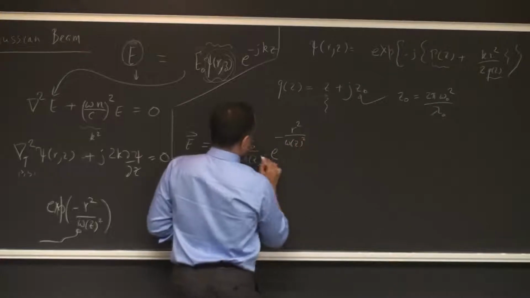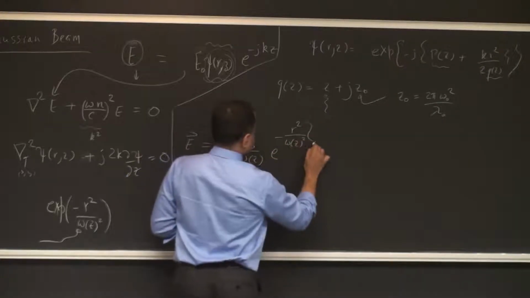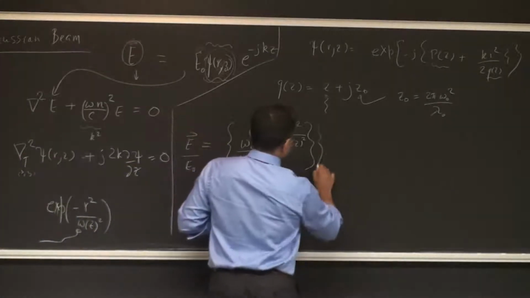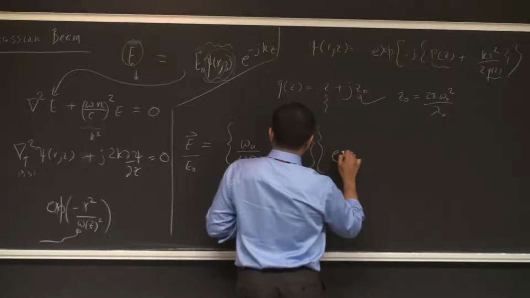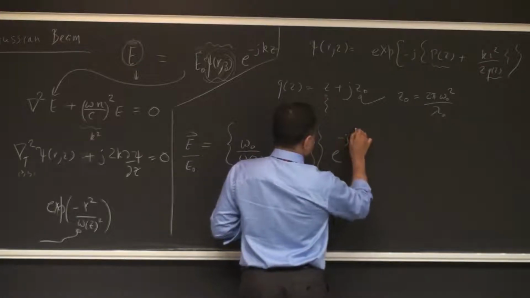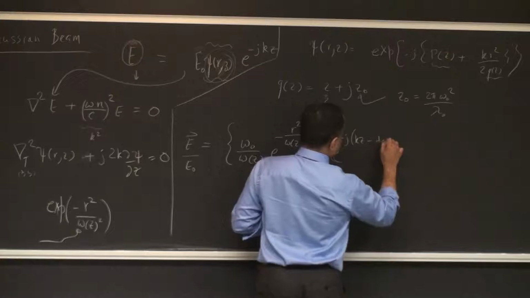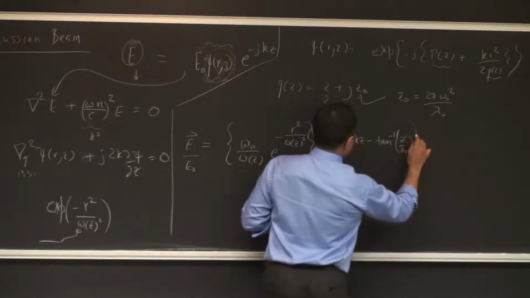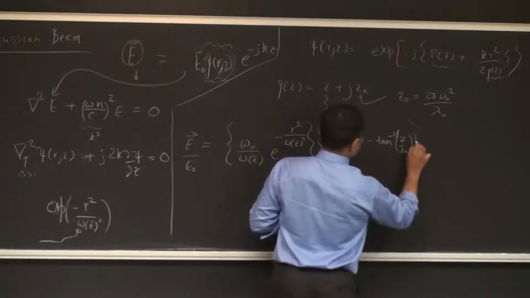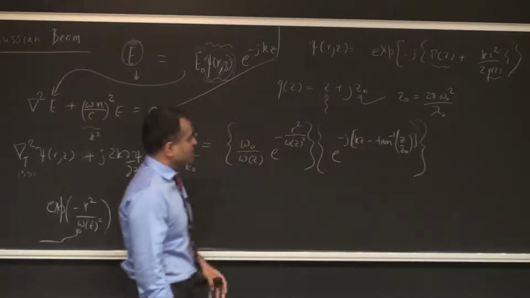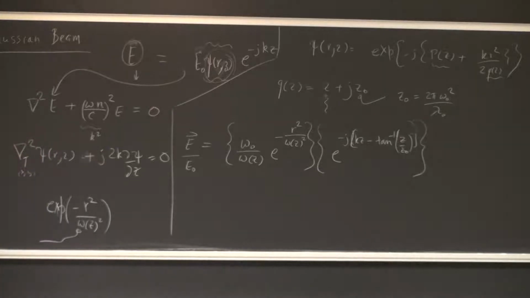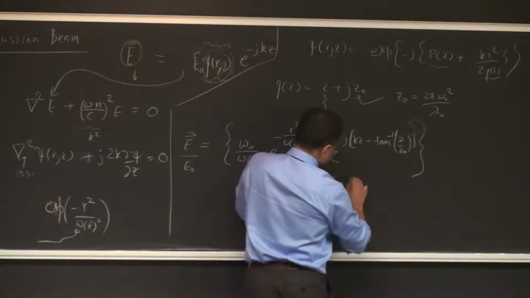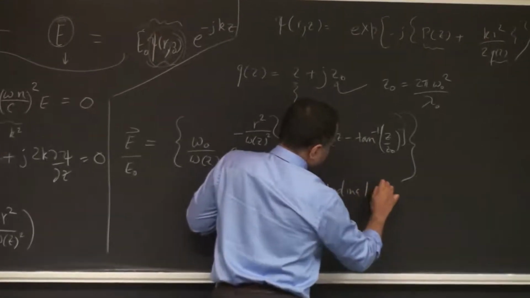So something like that. There's a radial factor with a distance and all that. And then you had a propagation factor, e to the power minus j, kz minus, again, I'm just going to write this down, and I think you have already seen this, but it's good to have a short review of that, because that will lead to why we have higher order modes. So you got this propagation or longitudinal phase factor.